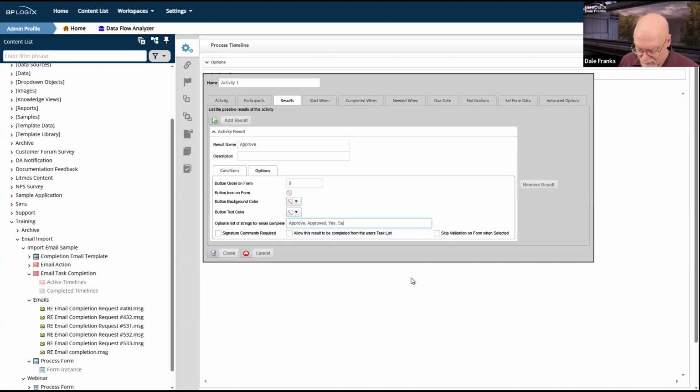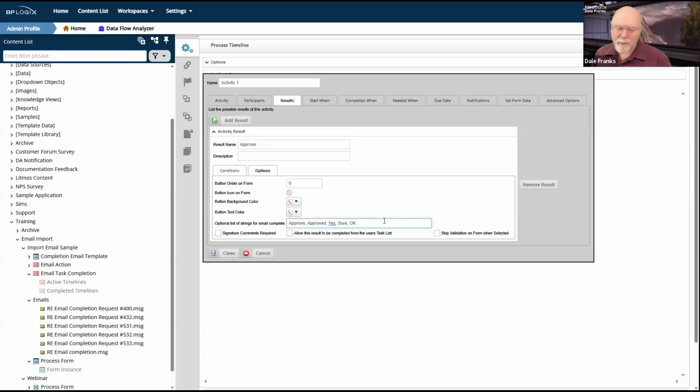Anything that I type in here, and note that I am separating each of these options with a comma, it will accept any of these options as an approve result for this timeline activity. I could probably add a whole bunch of other options.